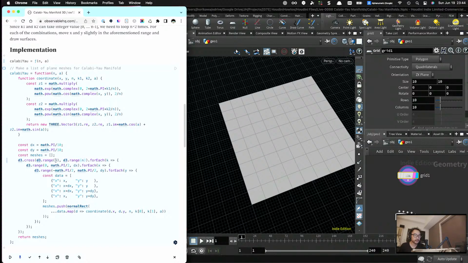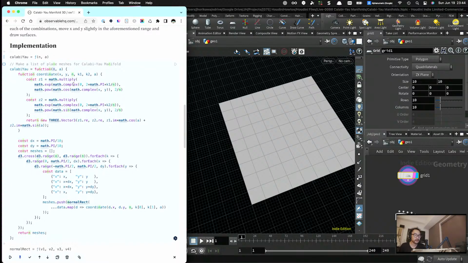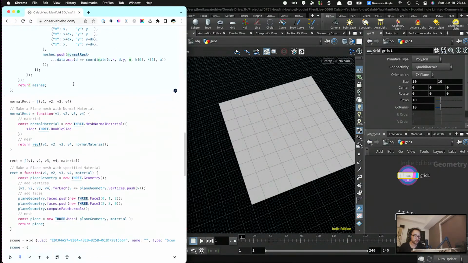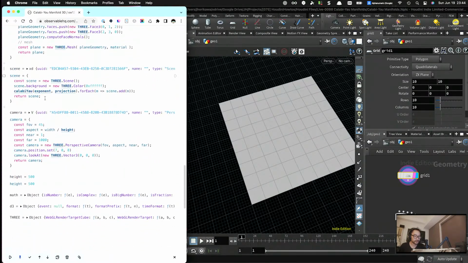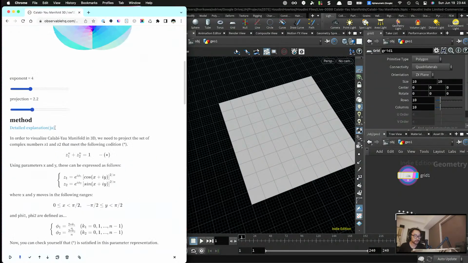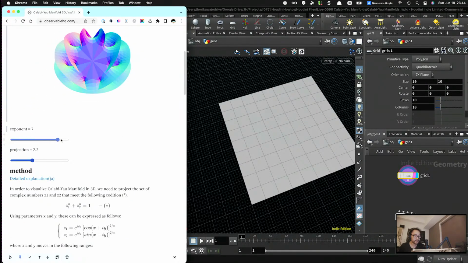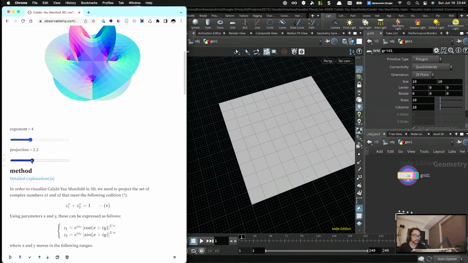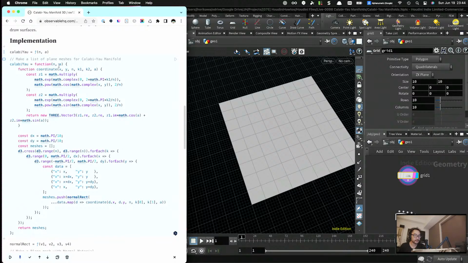So n is one of the parameters we need to deal with, which if you look at this one, n can be considered as an exponent number, which is this one, the exponent number right here. This is n, and projection, this is an angle based value, is this a. So we're going to follow this,